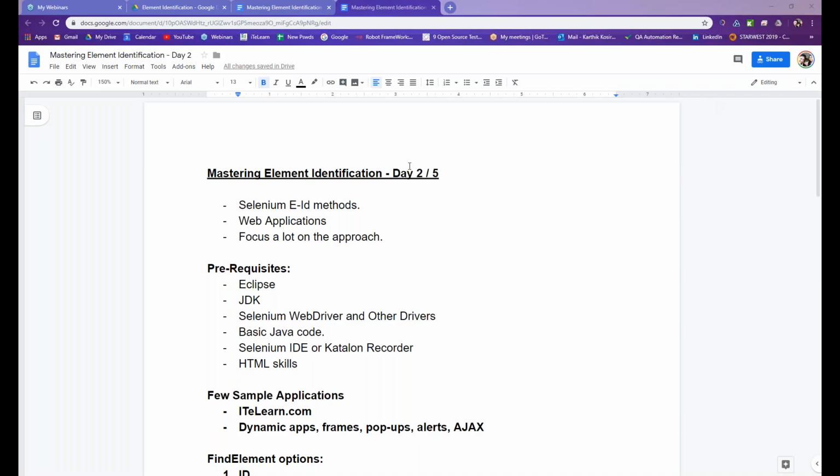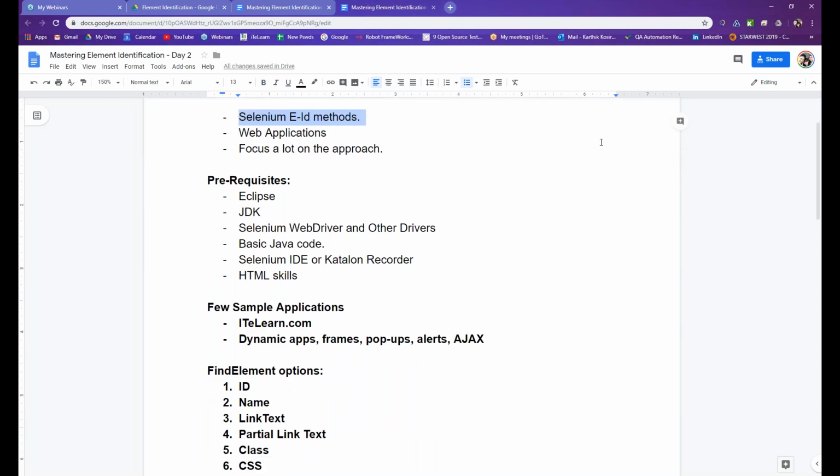Hello everyone, welcome back. The second session for mastering element identification. So what we are focusing on is how we can continue to evolve in the automation world for this element identification, especially team. So we kind of went through the first session very briefly, and what we focused on is the